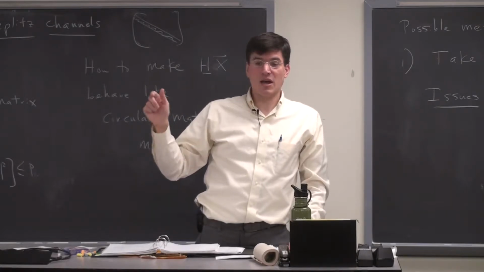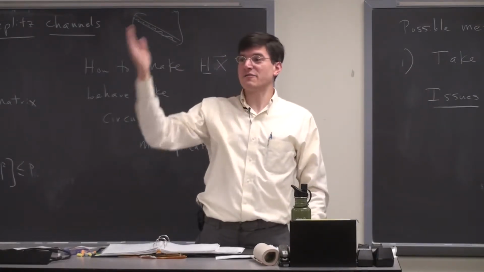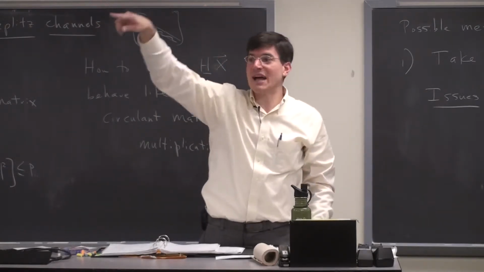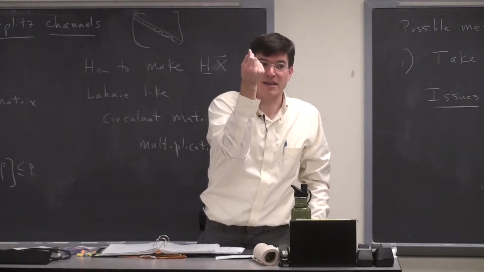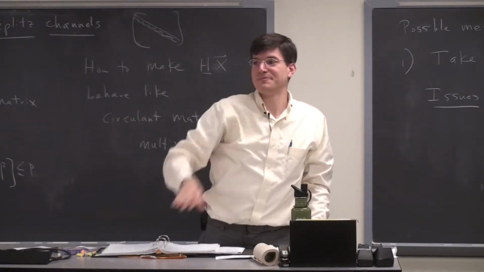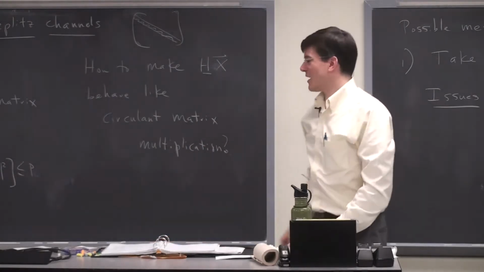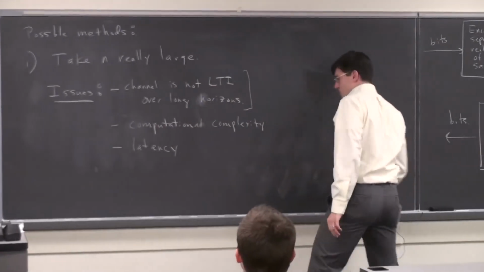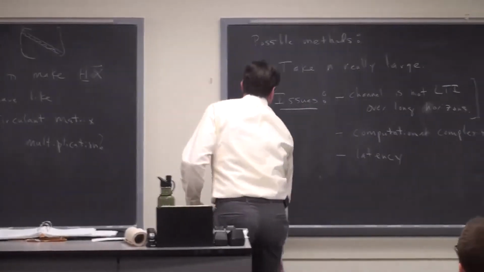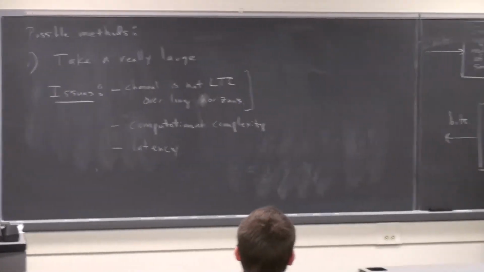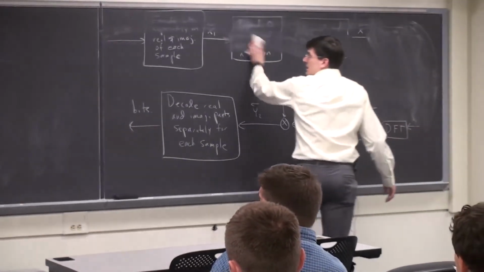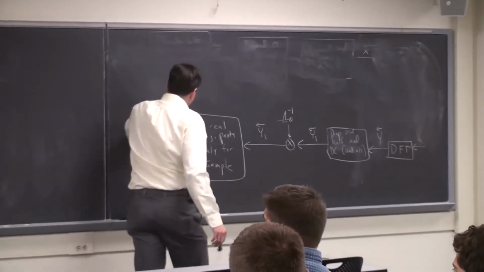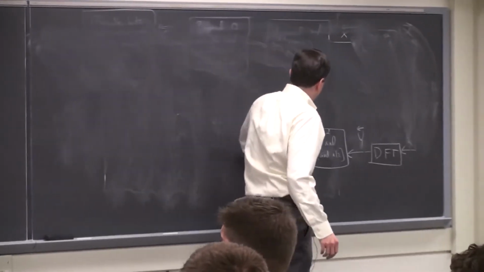And so you might say, I'm just going to communicate in the frequency domain like this. I'll encode my bits on the frequencies, and the Doppler shift causes the whole spectrum to just move. And so energy that was in one frequency is now in another one. And the closer these frequencies are together, the easier it is for the Doppler effect to move it from one to the other. So anyway, bottom line, generally not going to work in practice. There are some situations where you can do that, when computation is not a big problem, latency is not a big problem, and the channel's really static, you can get away with that. Usually you can't.